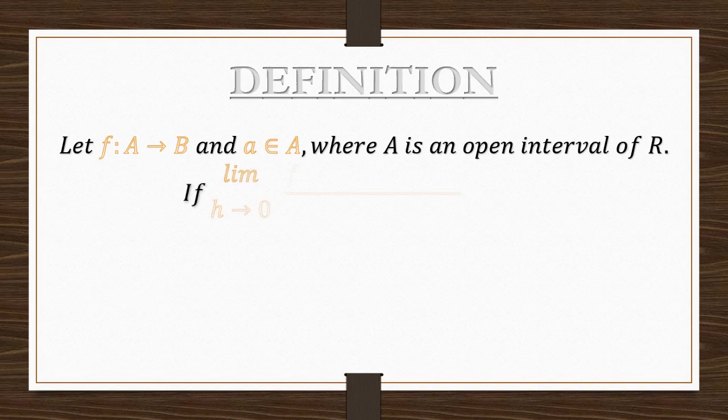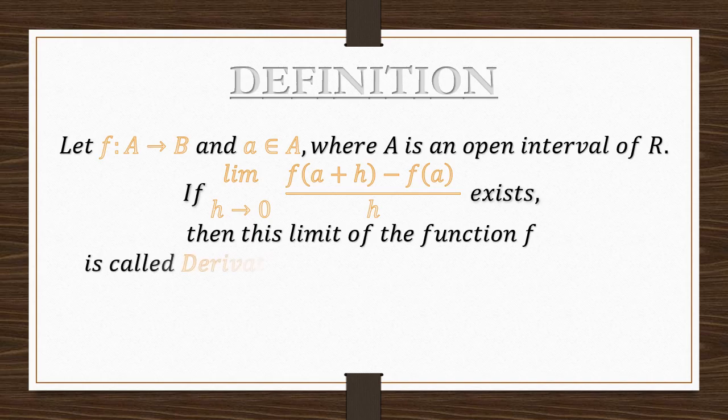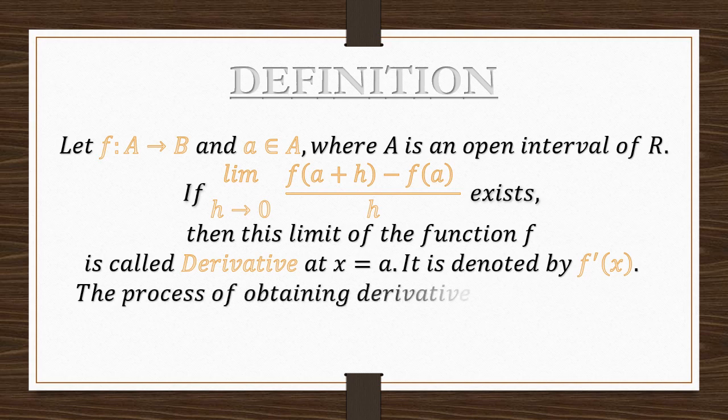If the limit as h tends to 0 of [f(a + h) minus f(a)] upon h exists, then this limit of the function f is called the derivative at x = a, and it is denoted by f'(a). The process of obtaining the derivative of the function is called